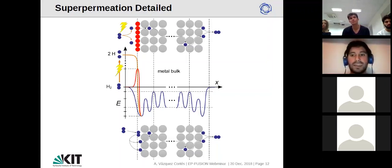Therefore, chemically speaking, once the hydrogen surpasses that energy barrier, it gets very easily chemisorbed in the membrane. Meanwhile, a helium atom, for example, which is the main element to be separated, even if it's energized by our plasma source, will not be chemisorbed as easily in the